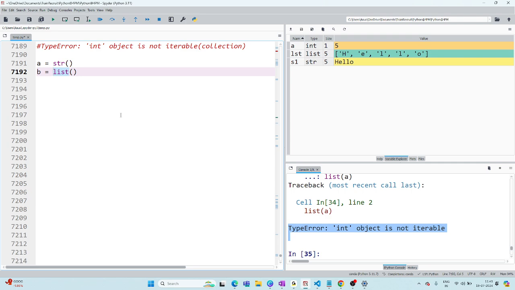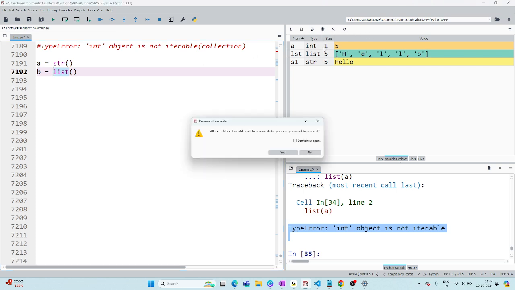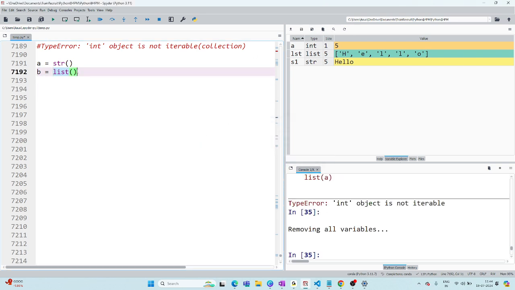We are not doing any machine learning or artificial intelligence program. We are doing a simple Python program. When you are saying str, there are no elements. When you are saying list, we are keeping no elements. So literally what happens? There will be